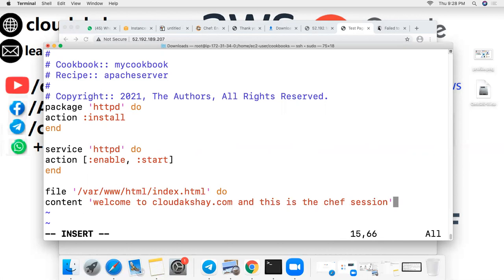Close it, and action create. So I have successfully written the code.